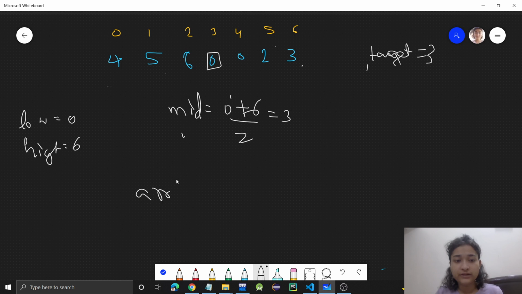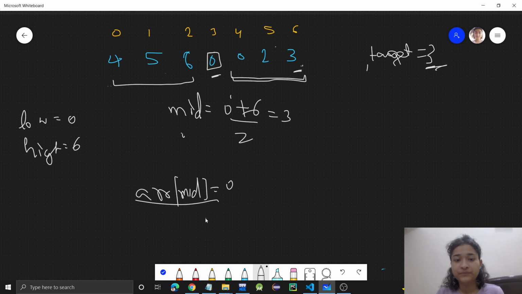ARR of mid is 0. What we will check is whether this target lies in this half or it lies in this half.